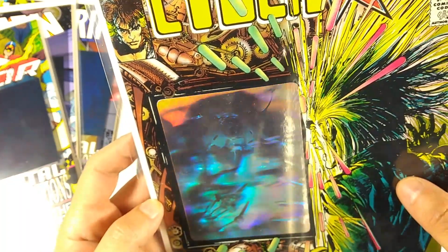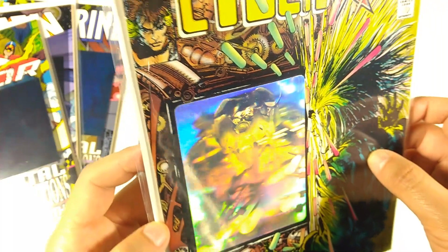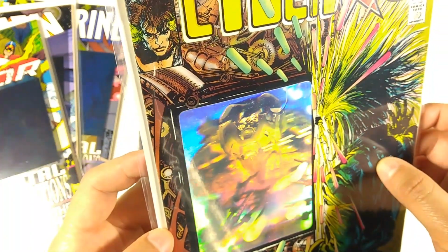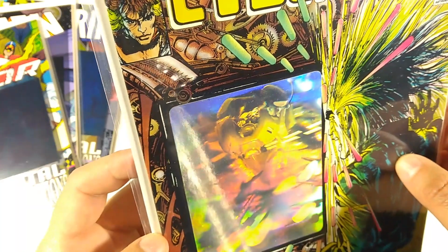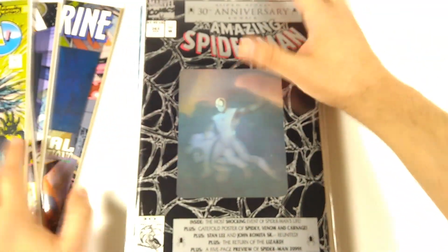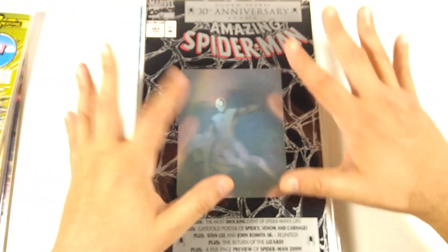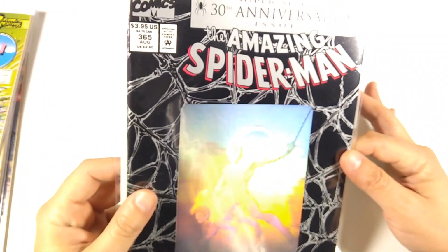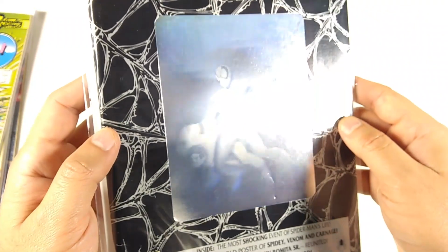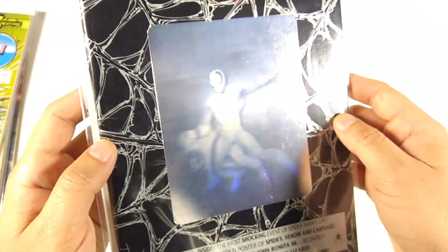Yes, these gimmick covers did cause the downfall of comics civilization, but who cares? I love this. Look at that. It's perfect right there. I'm catching it so perfectly. What else? Okay, these are the ones that give me the feels. Amazing Spider-Man number 365, the 30th anniversary of Spider-Man. These beautiful hologram covers,